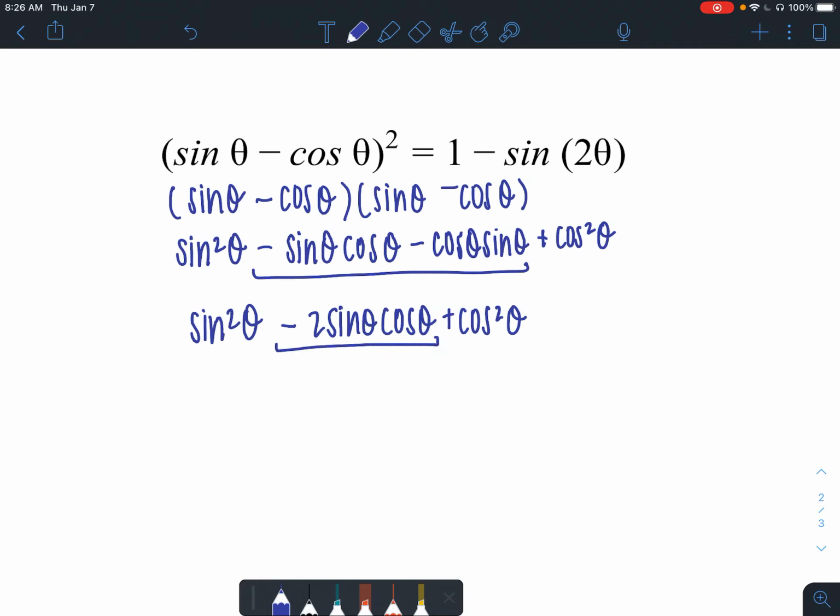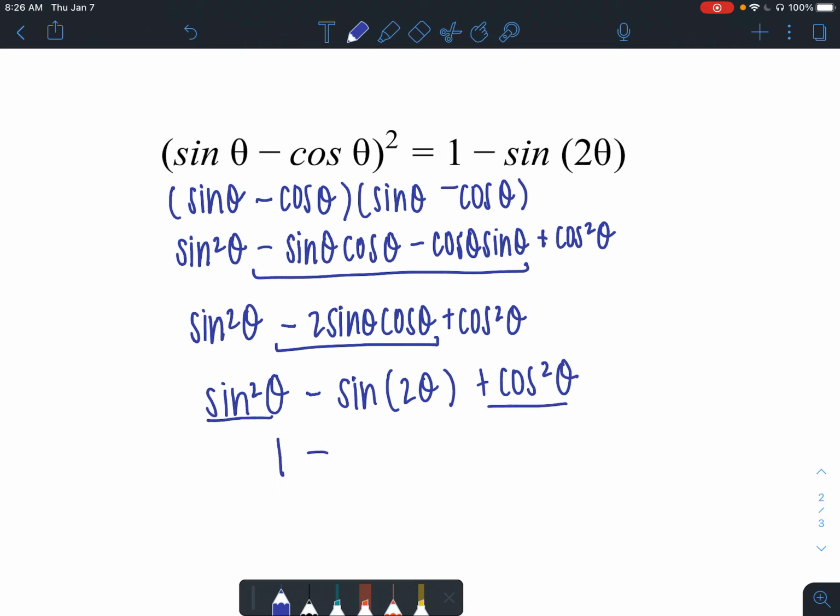And this right here, using our identity, is 2 sine of 2 theta. So I get sine squared theta minus sine of 2 theta plus cosine squared theta. I know that this adds up to be 1 minus sine of 2 theta, which is what we wanted, and